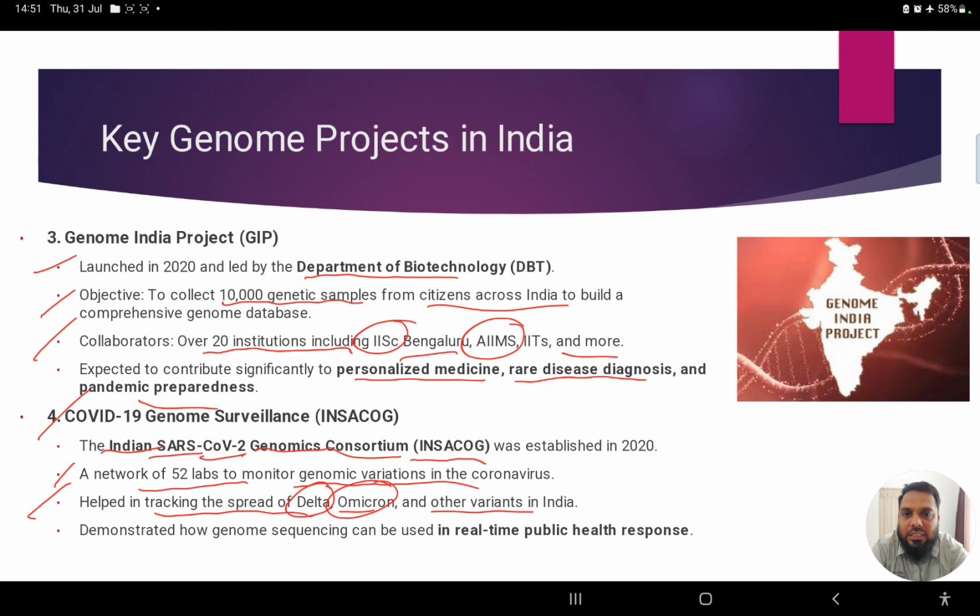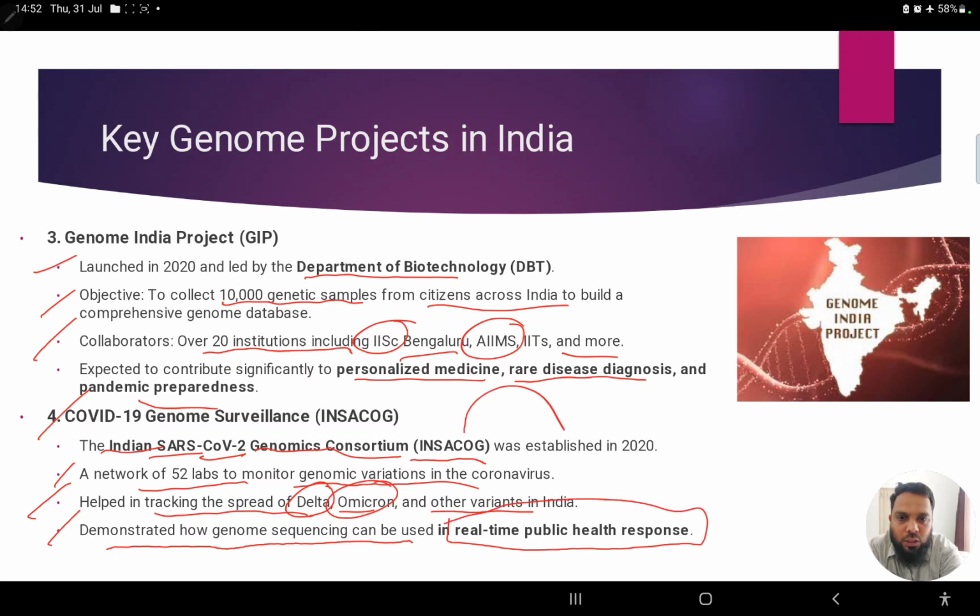Later on in the 2020s we have seen this. Then it demonstrated how genome sequencing can be used in a real-time public health response. So this particular organization has demonstrated that if genome sequencing is done, it can help in real-time public health response, which is highly necessary,